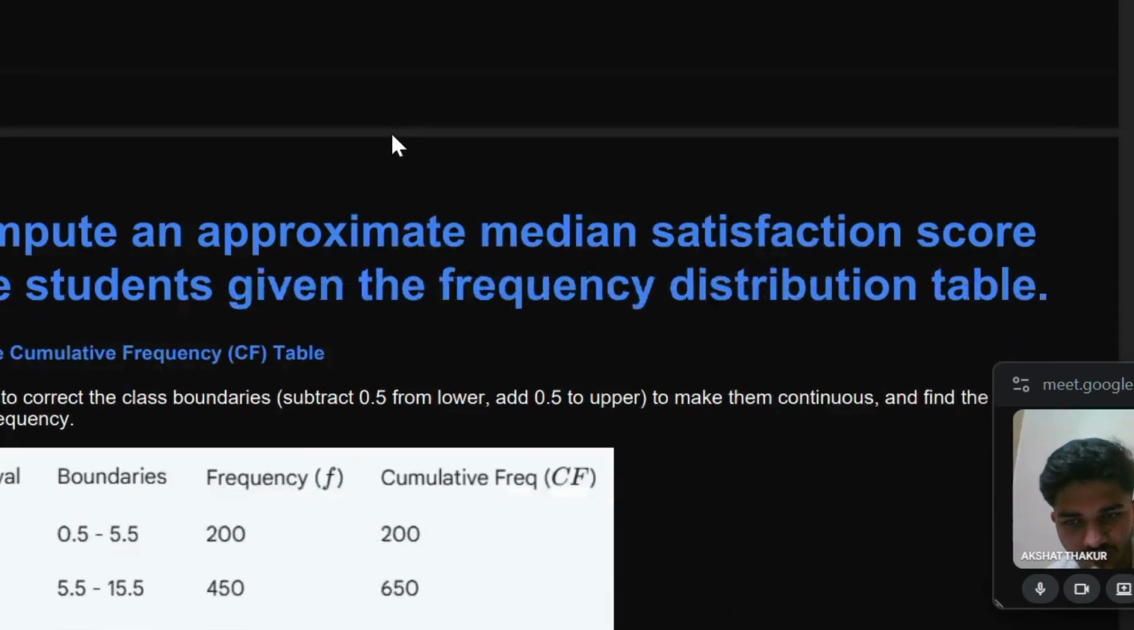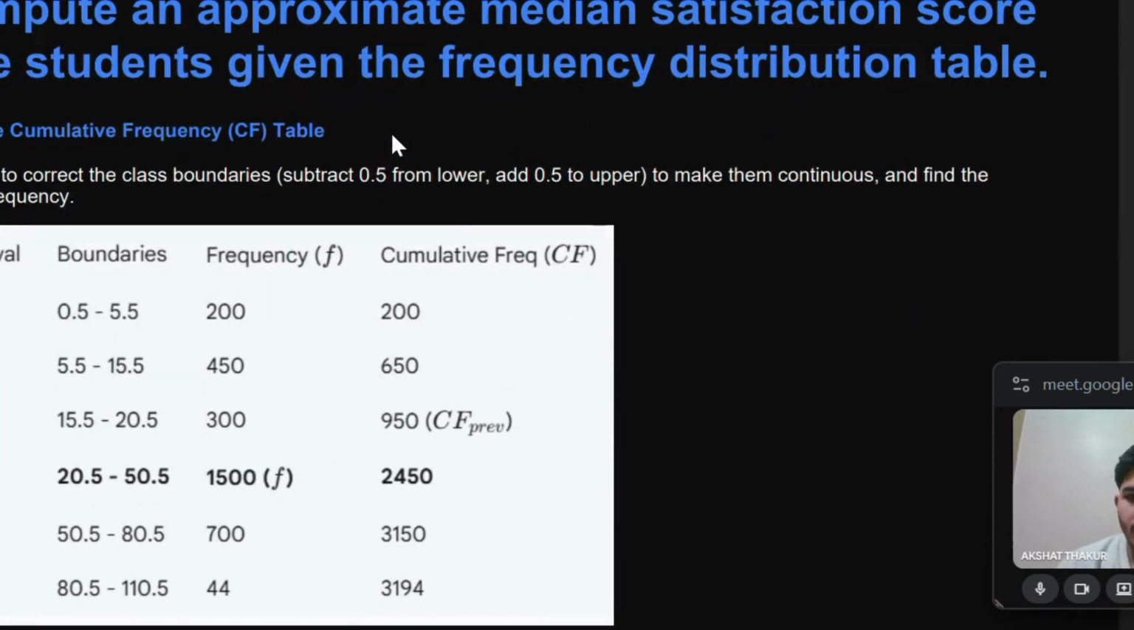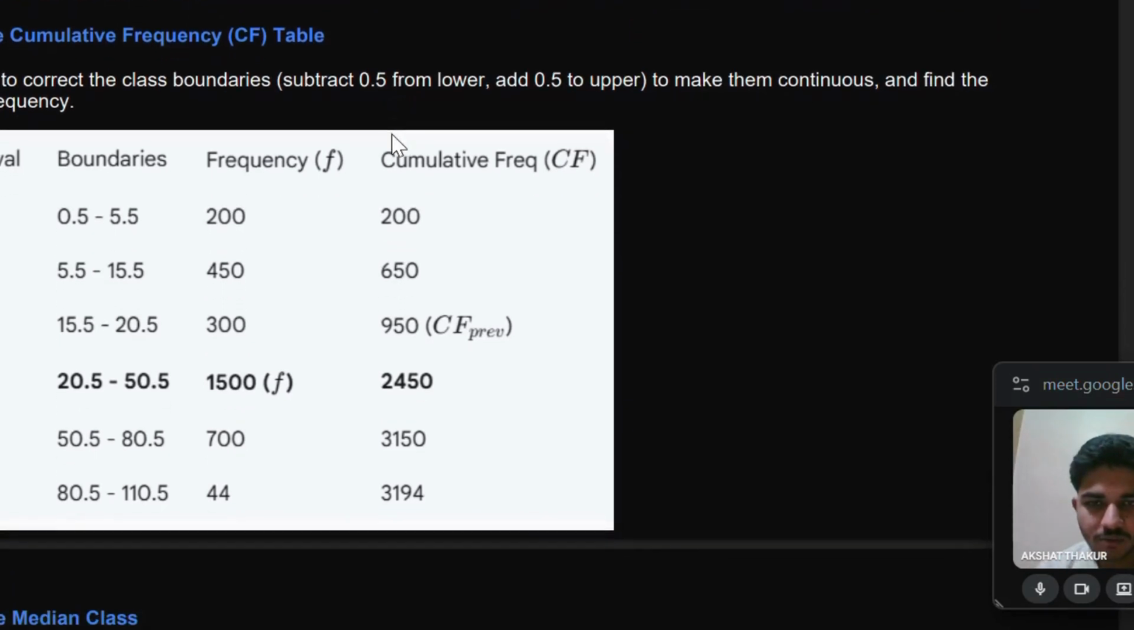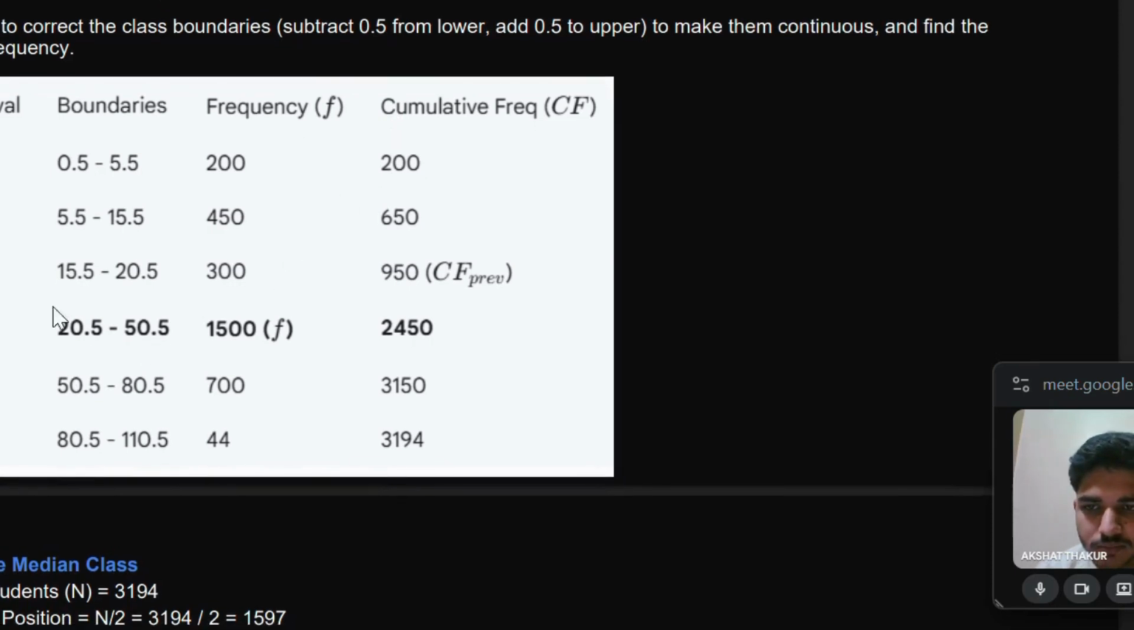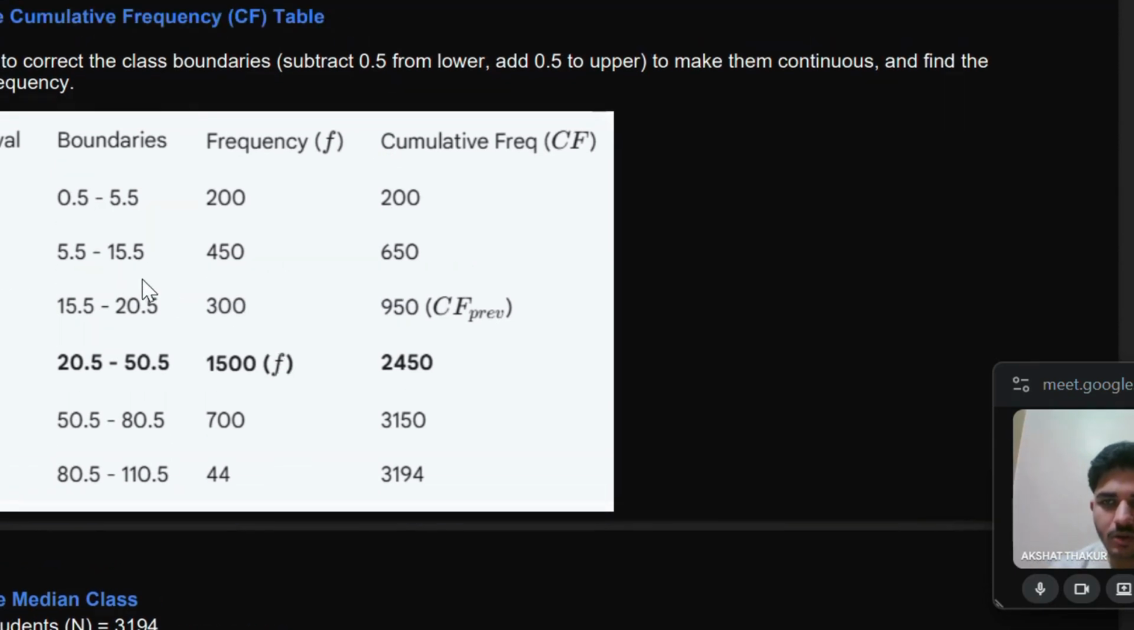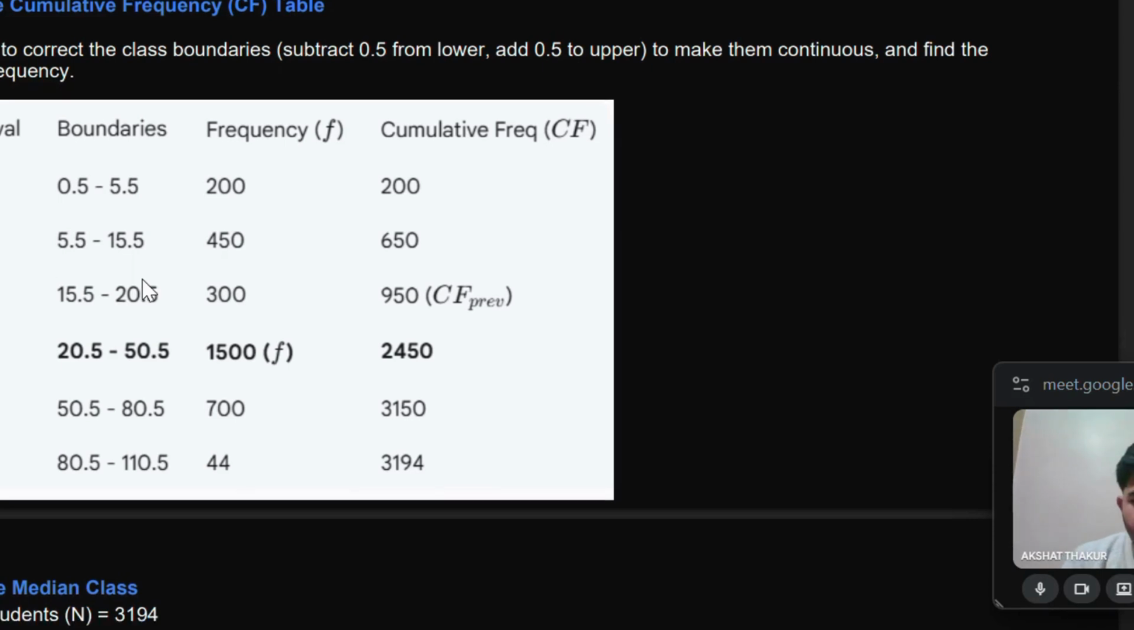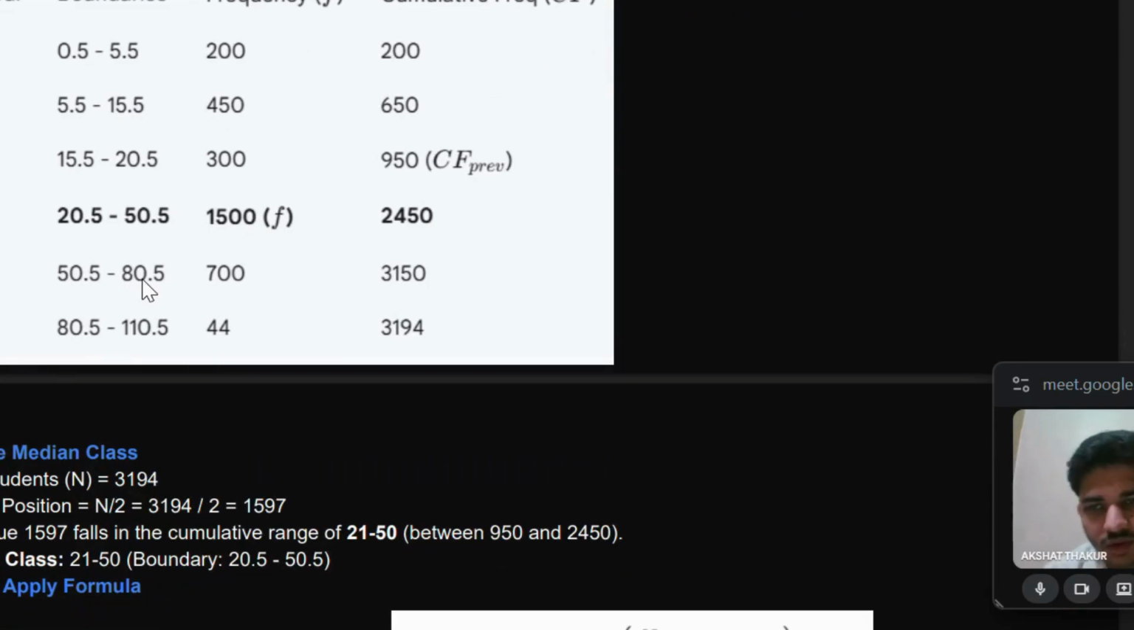So computing the median, frequency, cumulative frequency. What is cumulative frequency? The sum of a frequency and the frequencies above it is known as cumulative frequency. So we have made a table of cumulative frequency, and we need to correct the class boundaries: subtract 0.5 from the lower and add 0.5 to the upper. From lower we will subtract it, from upper we will add it to make them continuous, and we found the cumulative frequency. Now the total number of students is